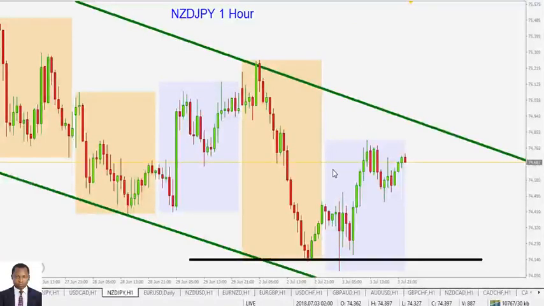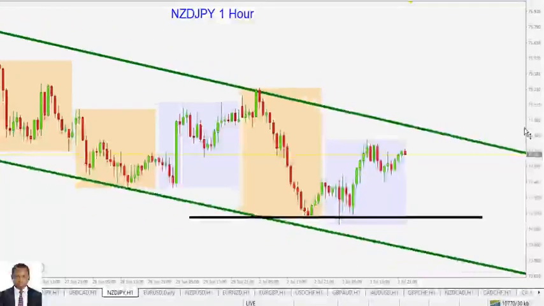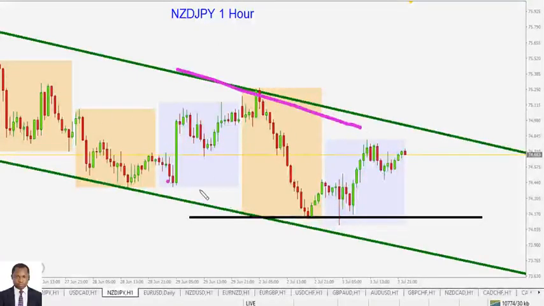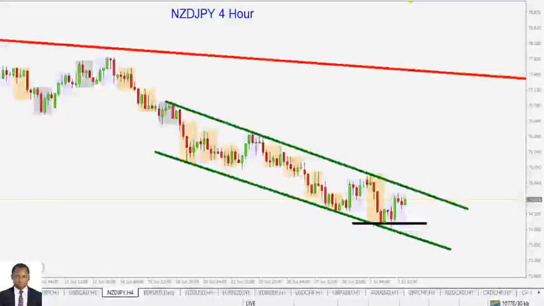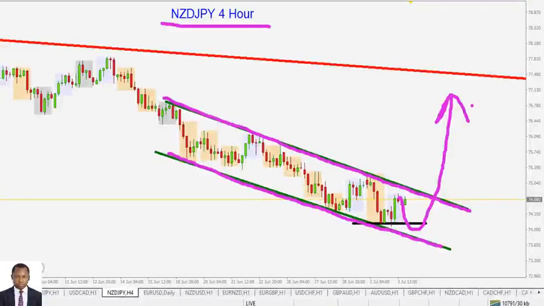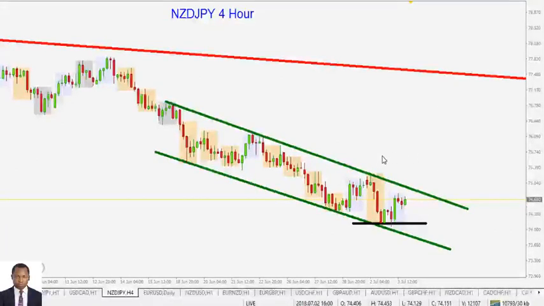The New Zealand dollar against the Japanese yen. I want to show you what I am seeing here. Well, in the 1 hour time frame, it seems the direction is more to the downside, but in form of a channel. In fact, this channel is coming from the 4 hours time frame. Let's see that clearly in the 4 hours time frame. Okay, this is the channel in the 4 hours time frame. Bearish but in a channel. This channel is suggestive of the fact that price might soon be making a reversal. So if you are going short in this pair, be hesitant, be a bit careful hitting on your sell button.